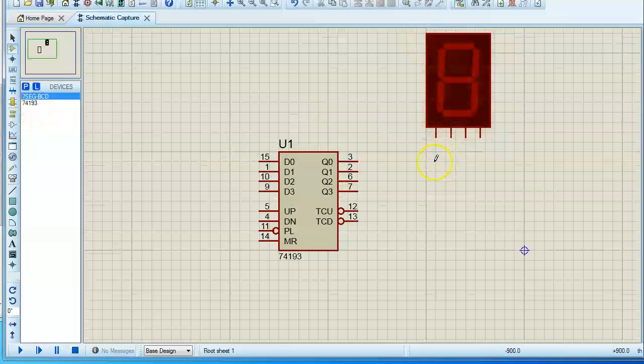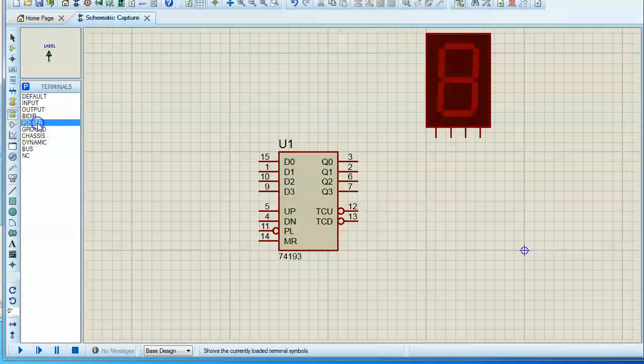See, in the 7-segment display, if you have a doubt which one is MSB and LSB, you can always test by connecting to the power and the ground terminals. I'm just taking a power pin and I'm trying to connect it here. When I run the simulation, I think it's not properly connected. And we will connect a ground also.